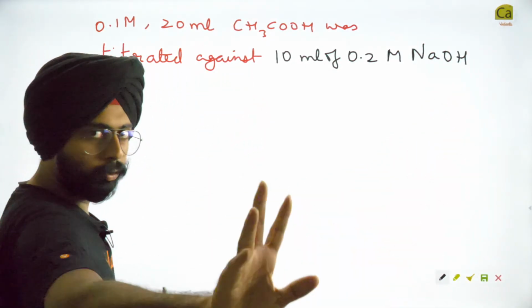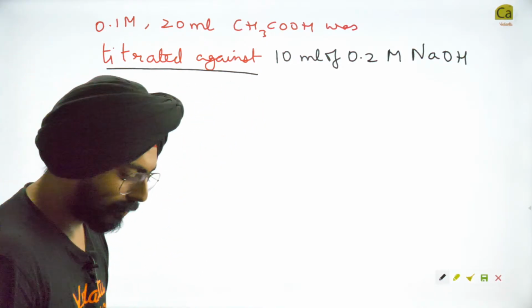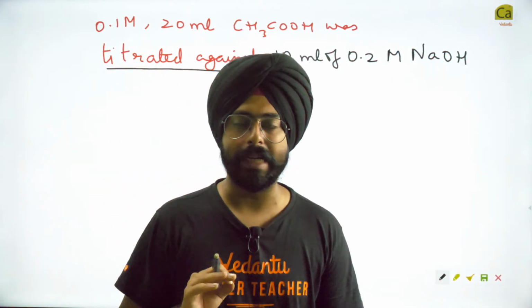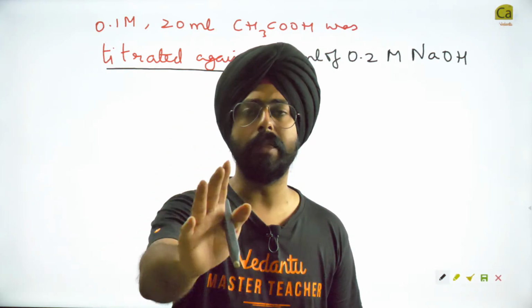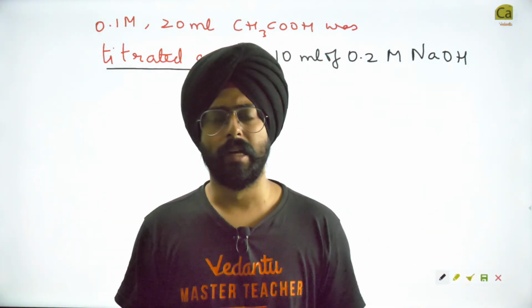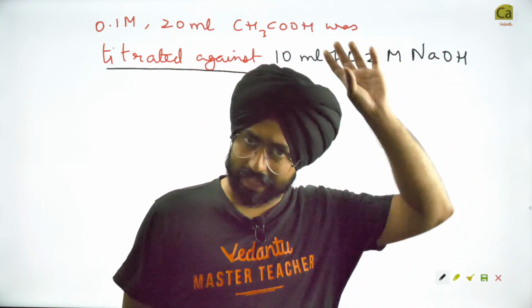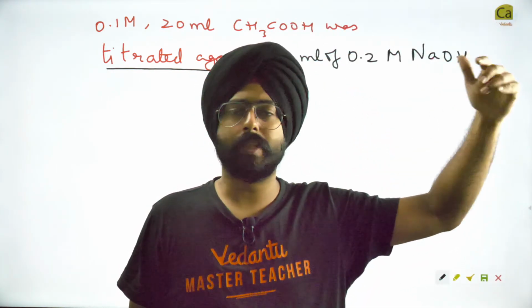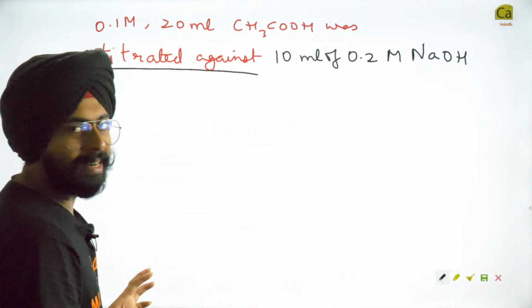We are mixing two solutions. Don't worry about this word titrated against. Titration is basically just mixing of compounds in the laboratory in a certain manner. What is that certain manner? Why do we do titration? I will tell you in the next to next class. Most likely next class itself. So in the upcoming class of ionic equilibrium, I'll tell you exactly what titration is. But right now, I just want to ask you a question which is related to salt hydrolysis. You'll be able to solve it without knowing what titration is.